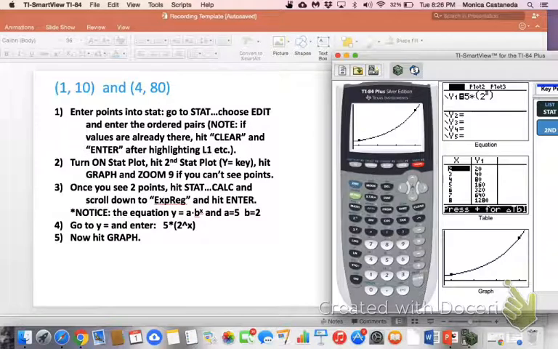And I've already done this problem, so you should have just 2 points on your screen. And if you can't see those 2 points, then you're going to go to zoom and then hit 9. And then it makes your screen a little bit bigger for you. So once we see the 2 points, in my case I already have my line, we're going to go to stat again,